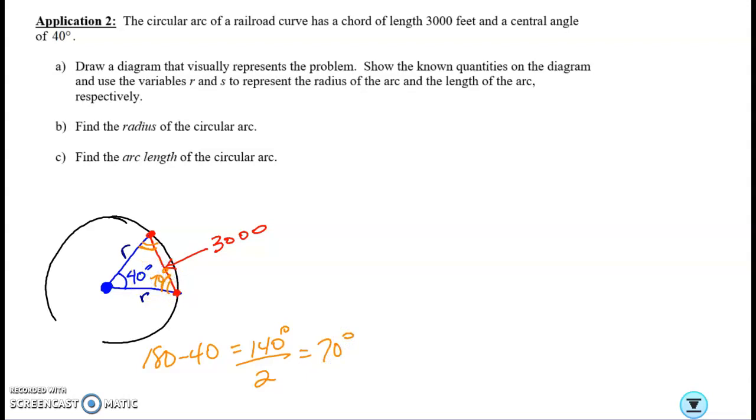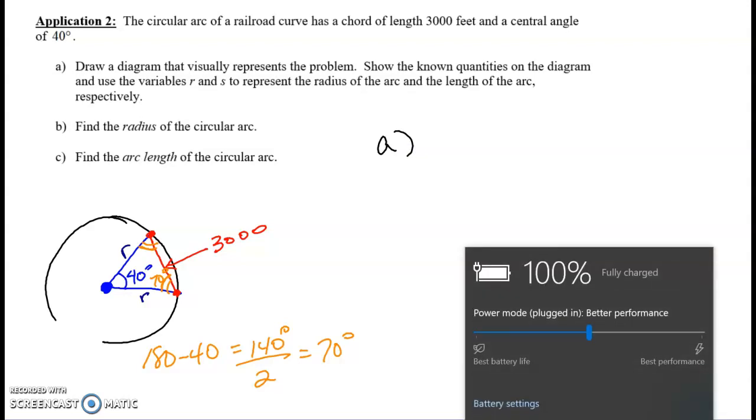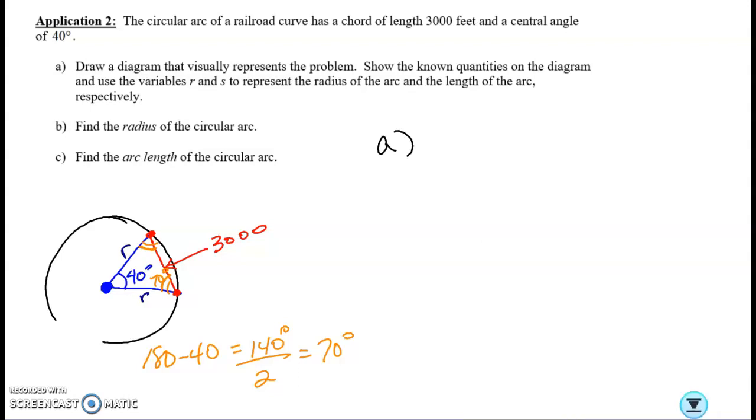So in order to find the radius of the circle, we have a law of sines problem. The side across from 70, if I can get this thing to write again,